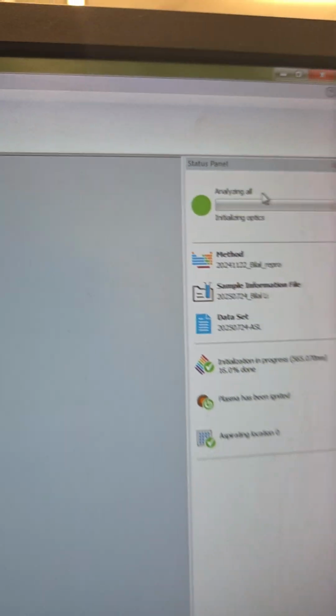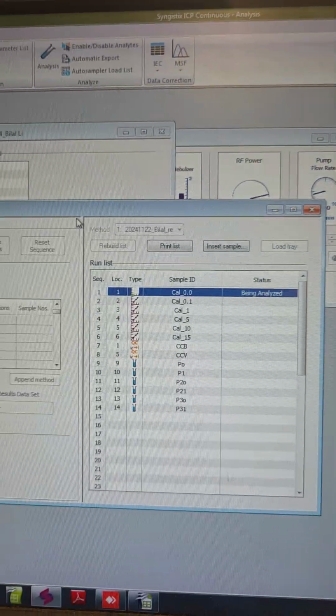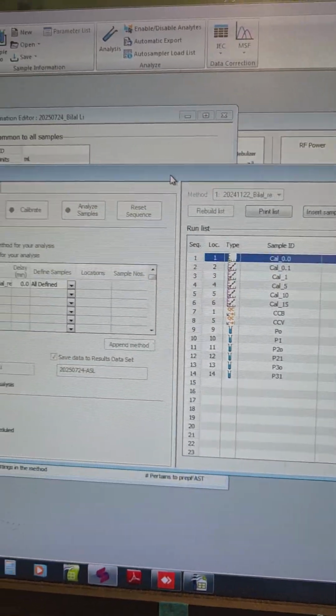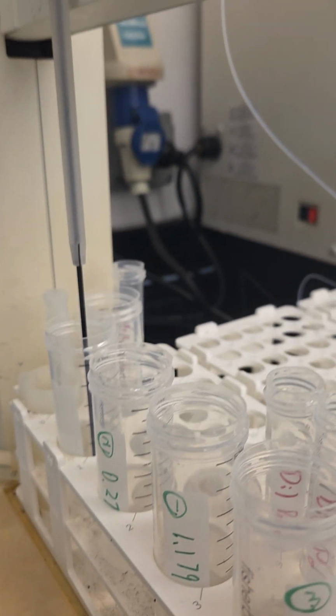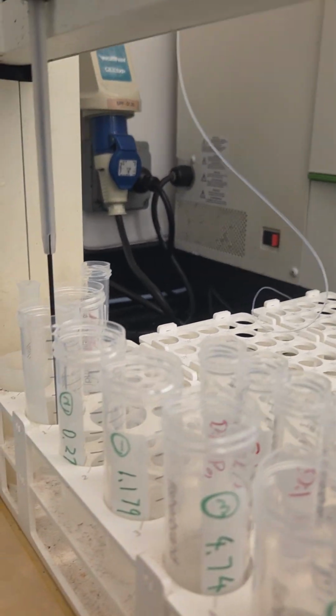It takes some time to start the first sample. As we are seeing here, it's saying analyzing all and it's saying initializing optics. It will take some time and then it will start. So our first calibration sample is being measured,